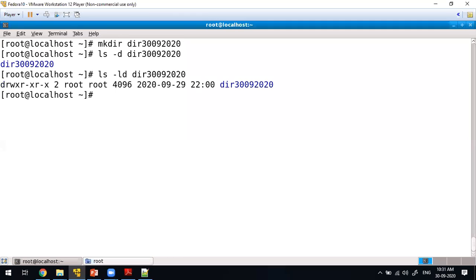See now, if I just enter ls -d, it will return the same folder name. If it returns the same directory name, it indicates that it is a directory. If it returns an error, it is not a directory.